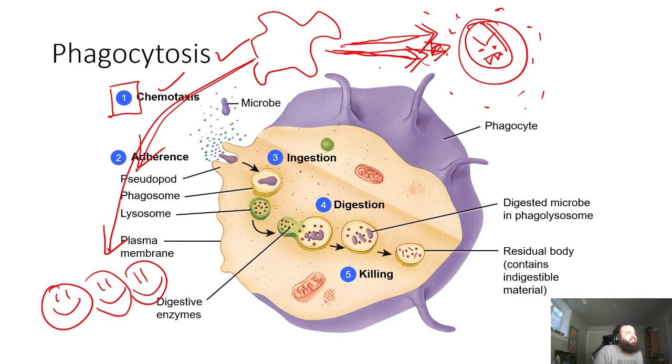Once you have chemotaxis, the phagocytic cell will adhere to the surface of the microorganism, where it will then ingest it and bring it into the cell as part of a phagosome. The phagosome will then fuse with a lysosome of the cell, which will destroy the microorganism, leaving you with this residual body which contains the debris and the indigestible materials of the microorganism. And then as a final stage, this will become exocytosed, and the residual body will release all the debris into the